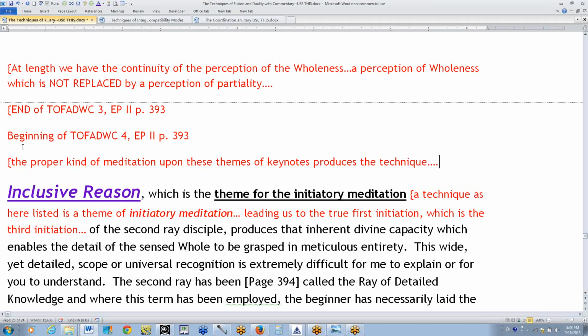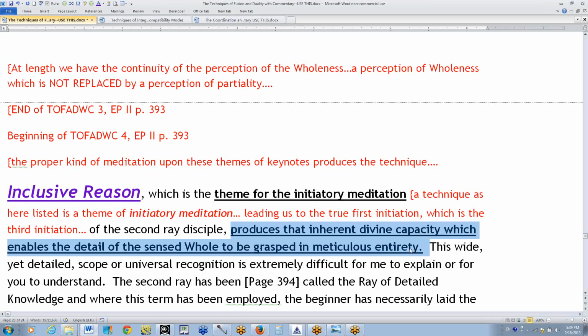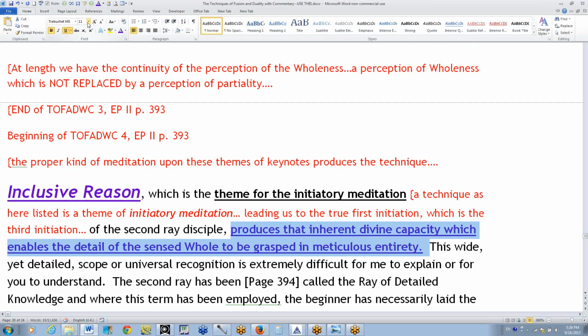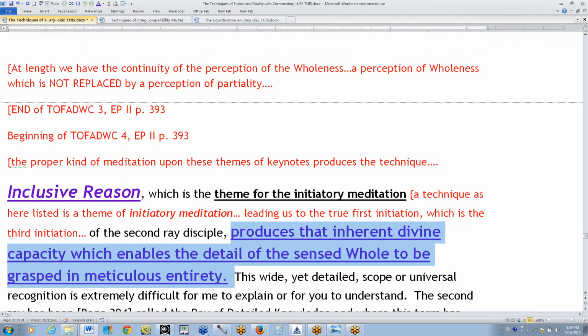So this is the theme for initiatory meditation of the second ray disciple, and produces, and this is a sentence that I've long carefully considered, that inherent divine capacity which enables the detail of the sensed whole to be grasped with meticulous entirety. Meticulous entirety, that is especially the keynote, I think, of the third type of second ray soul,